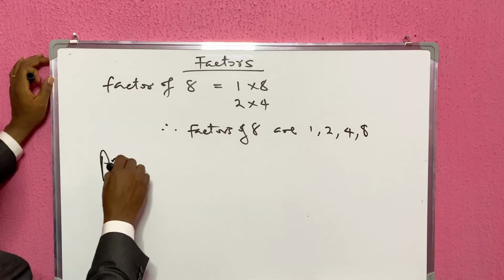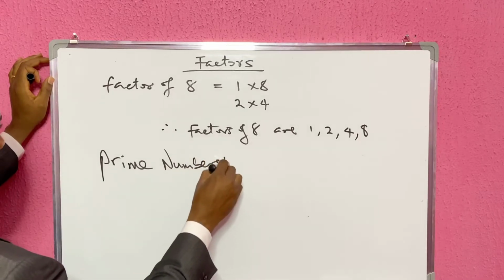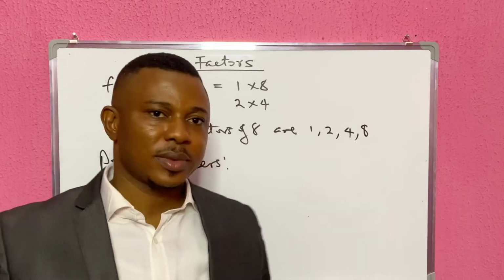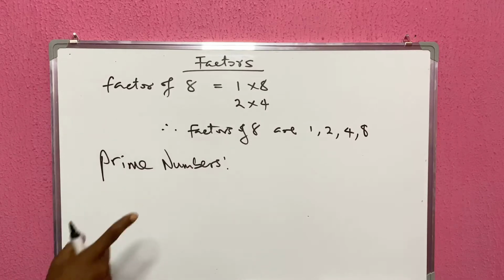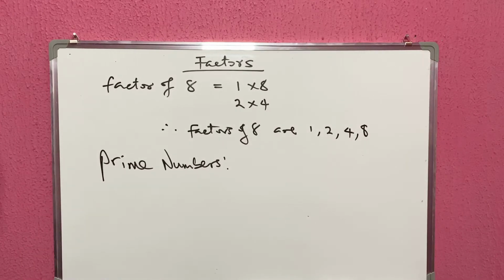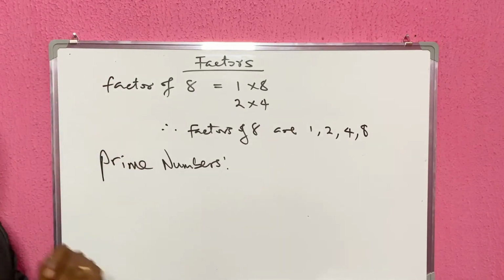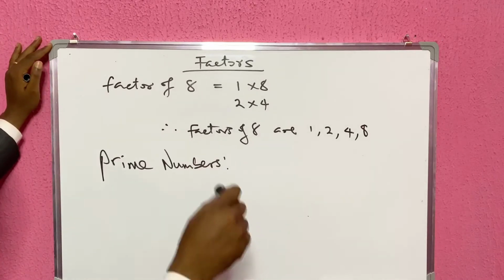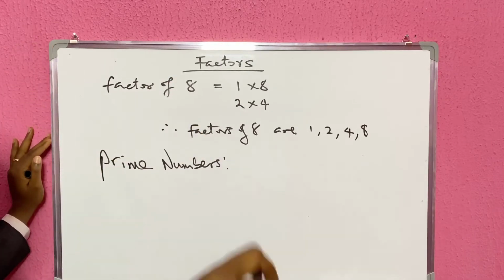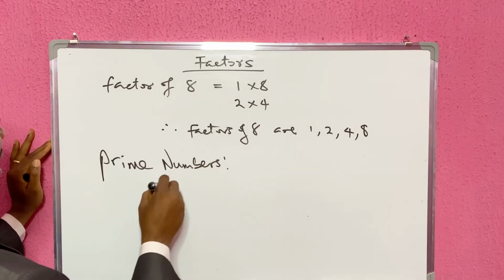Prime numbers, very important. What are prime numbers? If a whole number has 1 and itself as the only factors, that number is called a prime number. For example, if a whole number has 1 and itself as the only factors of that whole number, the whole number is a prime number. For example, prime numbers are